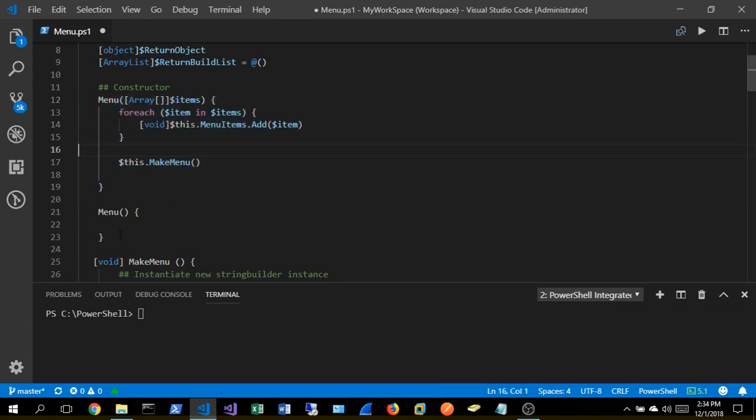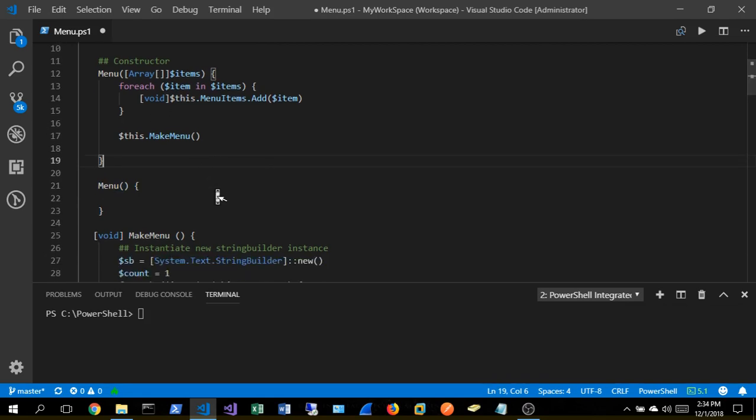However, we do have the default constructor here configured, so someone could call upon the menu class, pass no parameters, so they would be utilizing this overload, and if they did that, they would get a menu object. However, the state of it would not be in any usable form. Okay,